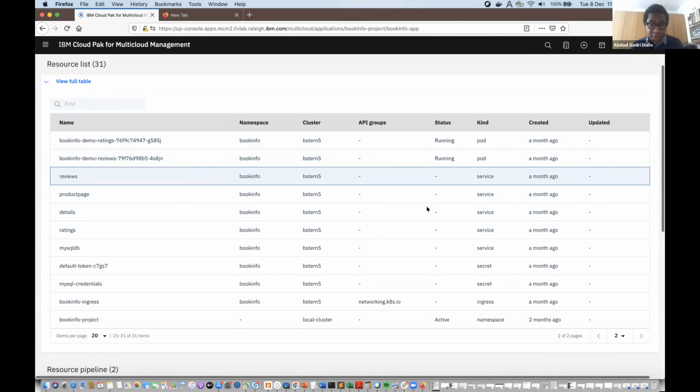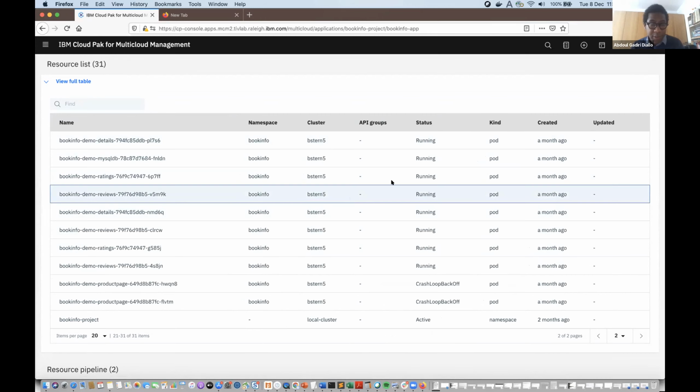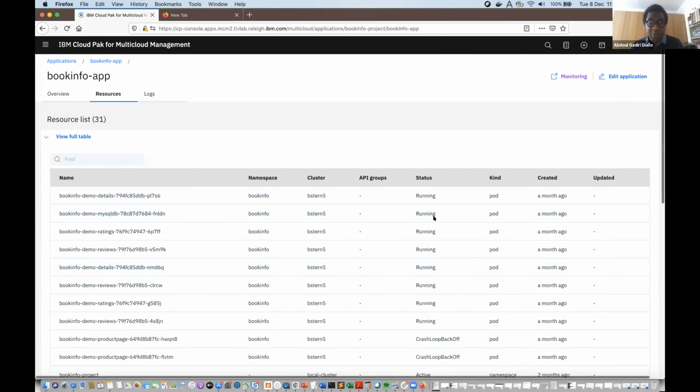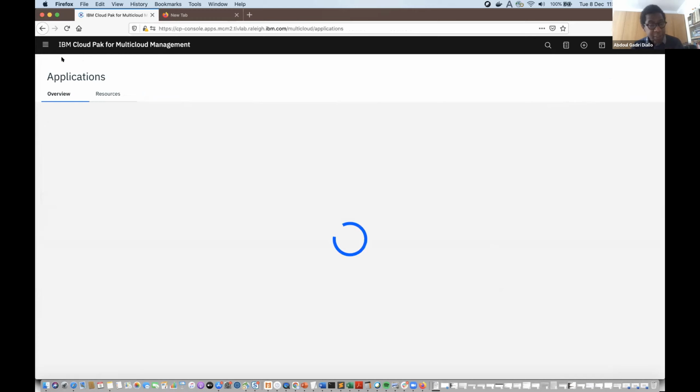So you can see the different pods that are deployed, and you can always filter on the status here, and you can see if there are containers that are not running fine. So this provides you a view here. The other thing that you have from an application perspective here is